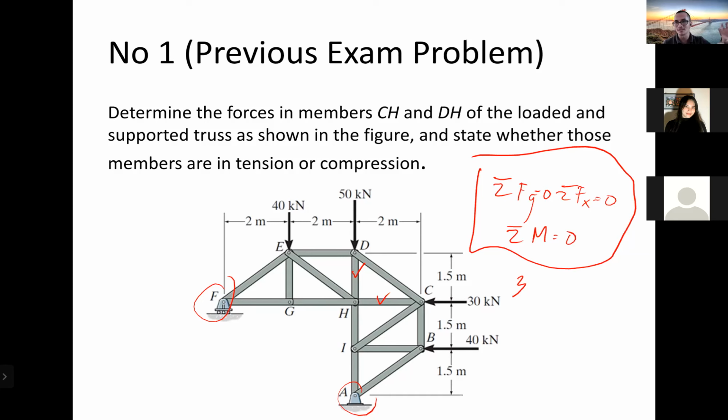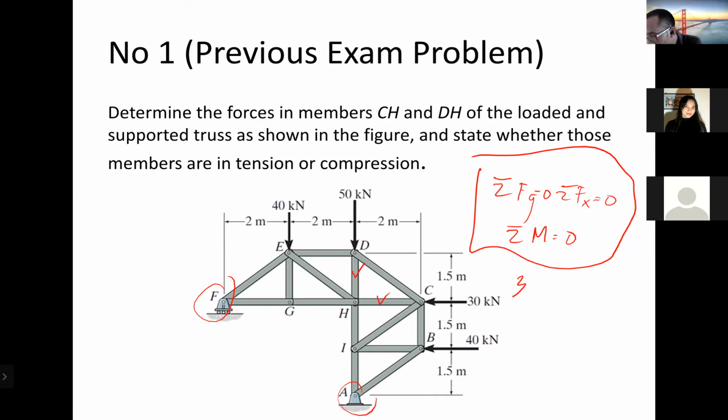We don't want to use both sides of the free body diagram, because if it's both sides, I believe the calculation will be quite complex. Okay, so you're only left with 3 members to cut. That's the best way. And now the problem is,